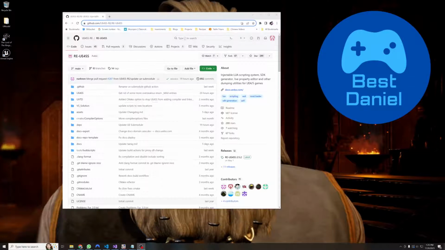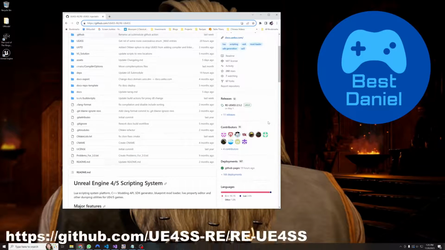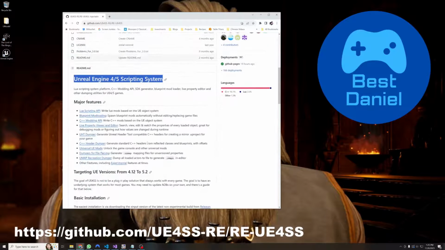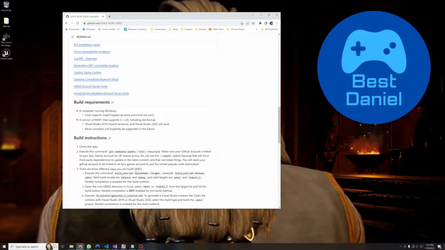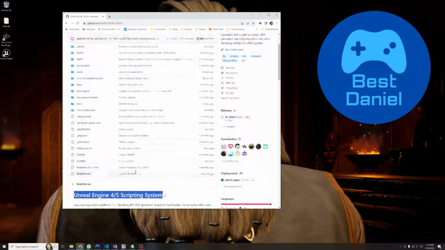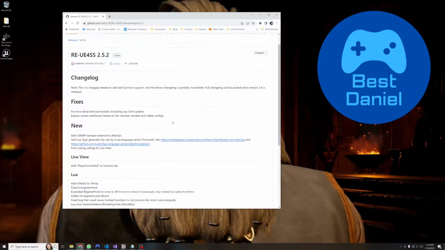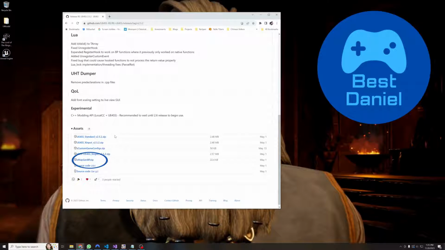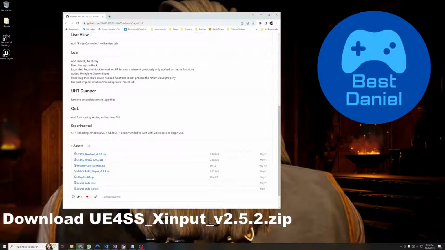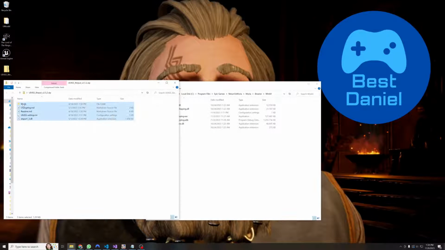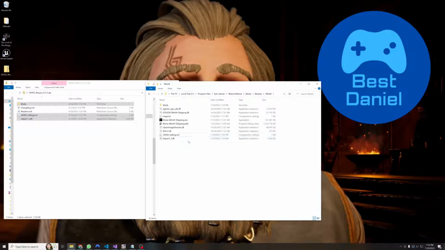First, we need to install a library called UE4SS to help run our mod, plus make our lives easier on debugging. Link in the description. The library is an Unreal Engine scripting tool that'll help us execute code in the game and access information from the game, such as the dwarves, their health, the chat window, and really the entire game. Once you've downloaded it, open it up and copy all the files into your Moria binary directory we opened up earlier. Next, open up this INI file,